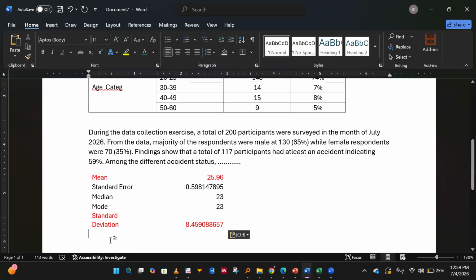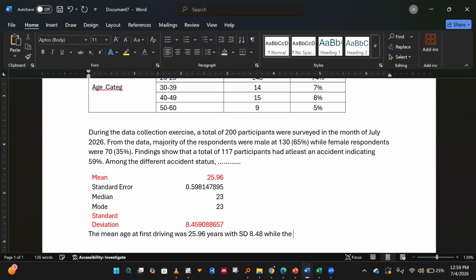I'm explaining by saying the mean age at first driving was 25.96 years with SD 8.46,